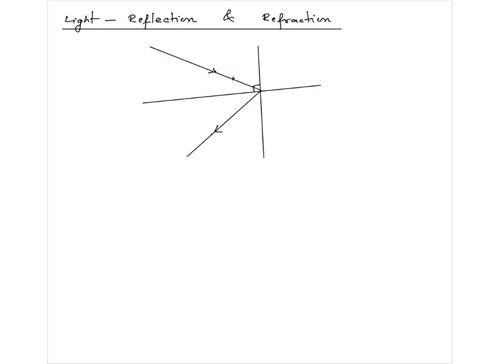And then this angle is called angle of incidence, this is called the angle of reflection, and these 2 are equal, right? So these are the laws of reflection. Normally we denote angle of incidence as I, angle of reflection as R. So angle I is equal to angle R. Now,